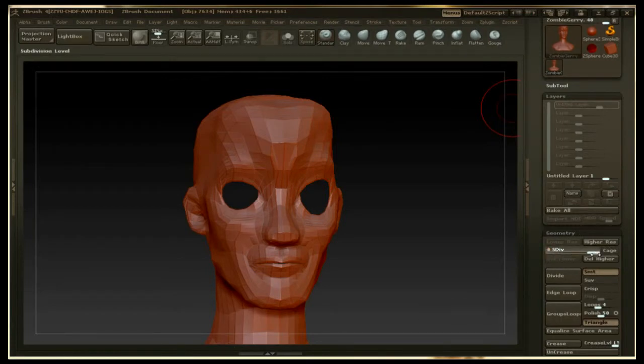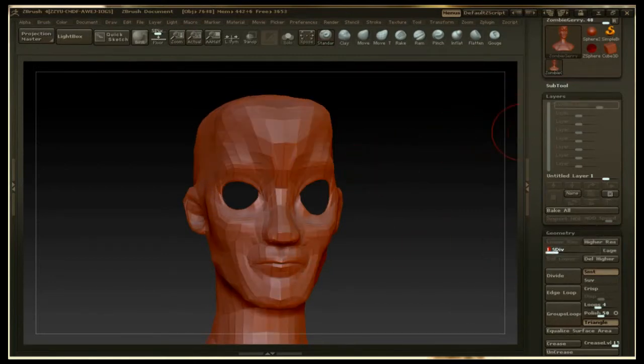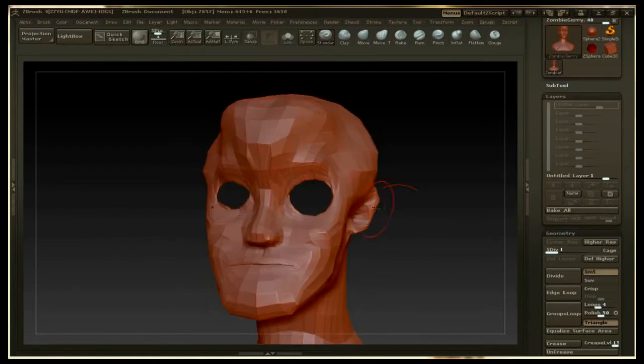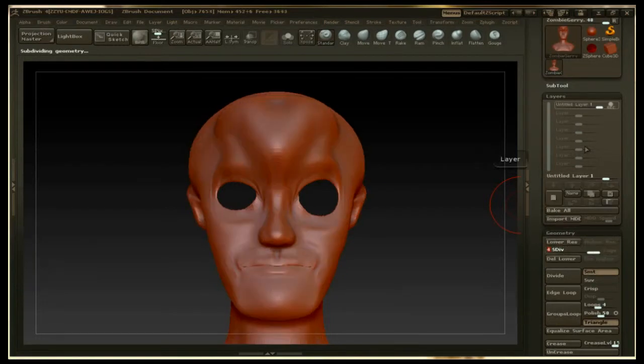Since I can only turn on the layer at the highest subdivision level, I had the impression that if I went to a lower subdivision level, any changes I made would not be recorded onto that layer, but would be just in the general model. So I'm going to make it all huge here and give him a big gigantic chin on this level. Like I said, I thought that would just affect the entire mesh and not be recorded onto that layer. But I'm actually glad that I was wrong, because now if I go back up here and turn this off,